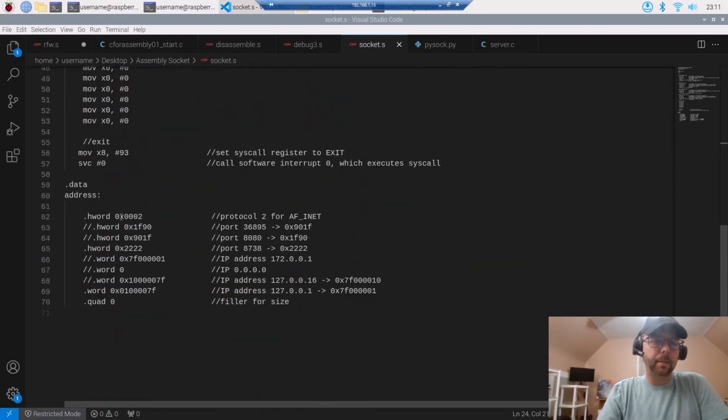The address looks like a mess, but it's actually just a half word that represents the protocol family. So I have 2 entered for AF_INET. Then it is a half word for the port number, and the thing is you have to flip them. So if you were to take, and these ones I have commented out, 8080 in hex is actually 1F90, but you have to flip the bytes. So the 90 is the last byte, it has to become the first one. 1F was the first one, it has to become the last one. And the same is true for the next